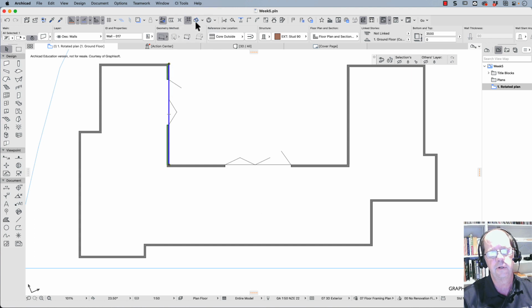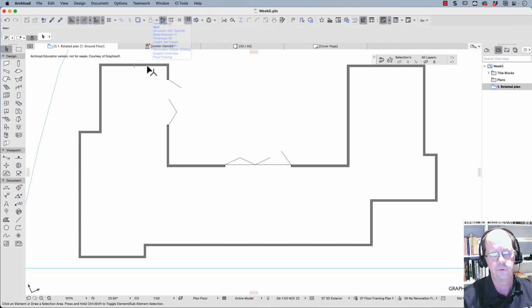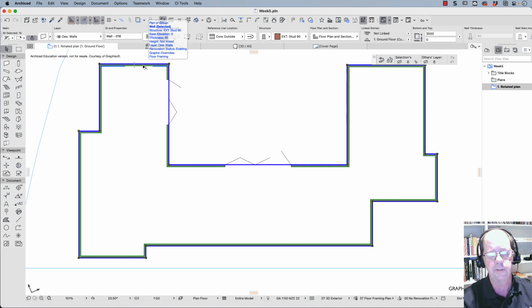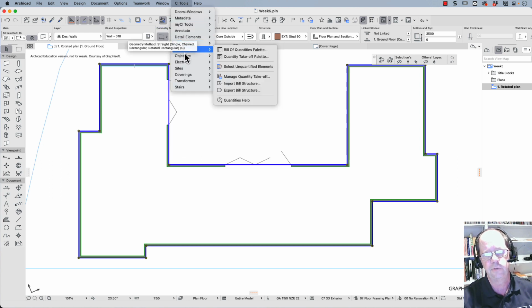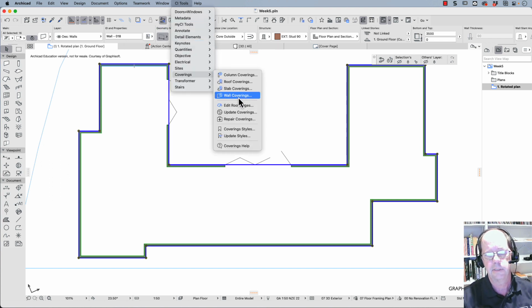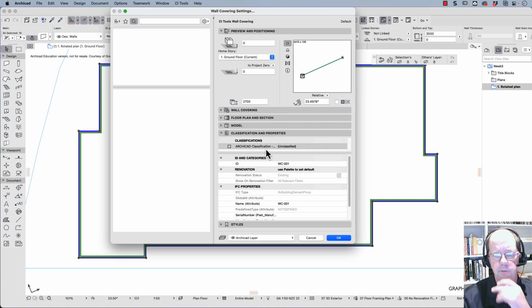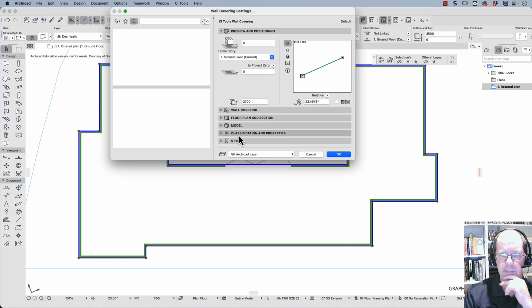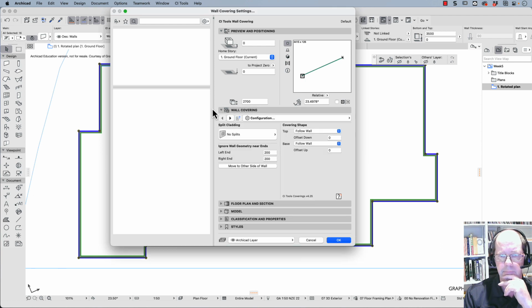And one of the things to note is that because I created the walls the way that I did, when I turn off my suspend groups and I select a wall, it will select all of the exterior walls together as a single element. And because I've got the CI tools, I can use coverings and wall coverings, and I'm going to choose weatherboard walls. So my wall coverings here, I want the wall coverings to be